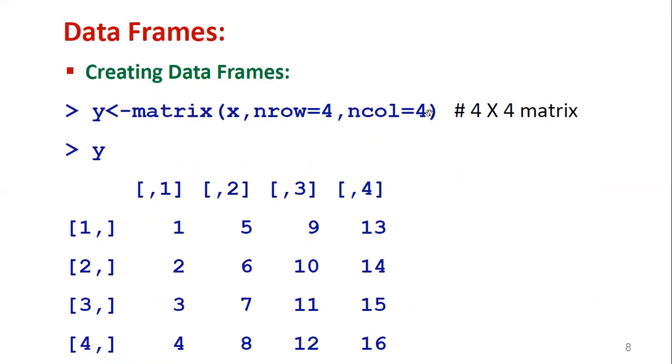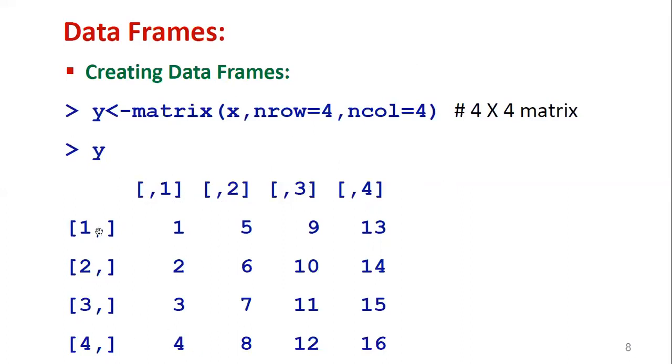Here we did not mention byrow equal to TRUE, so it fills column wise by default. The data is taken directly from the earlier vector x, which contains 1 to 16. Those 1 to 16 data elements can be accommodated in the matrix with 4 by 4 dimension column wise. Now you can see the first column